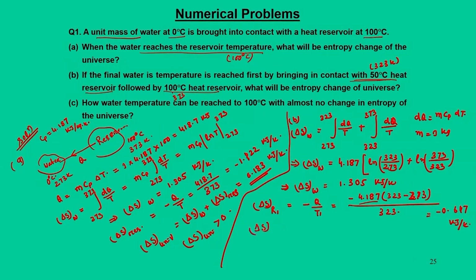Similarly, delta S reservoir 2 would be minus 0.56 kilojoule per Kelvin. So, when you sum it together, delta S universe would be